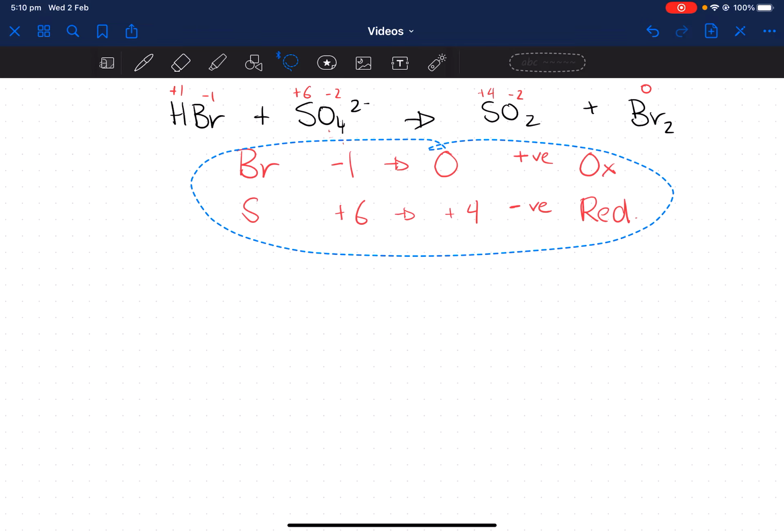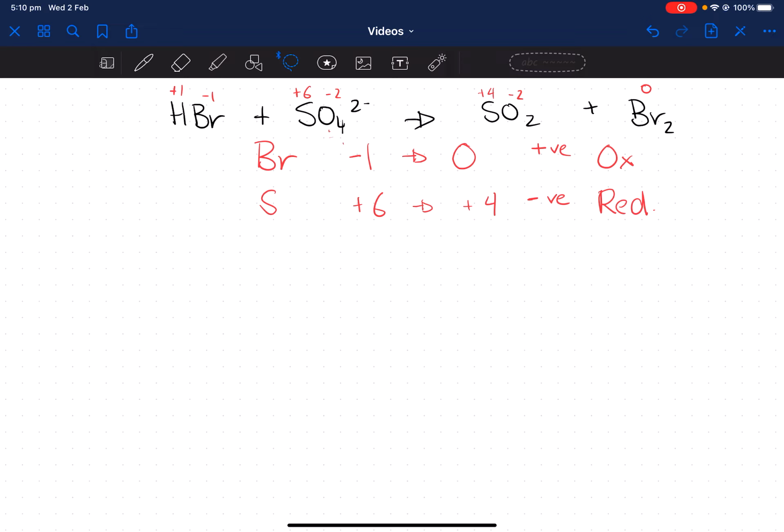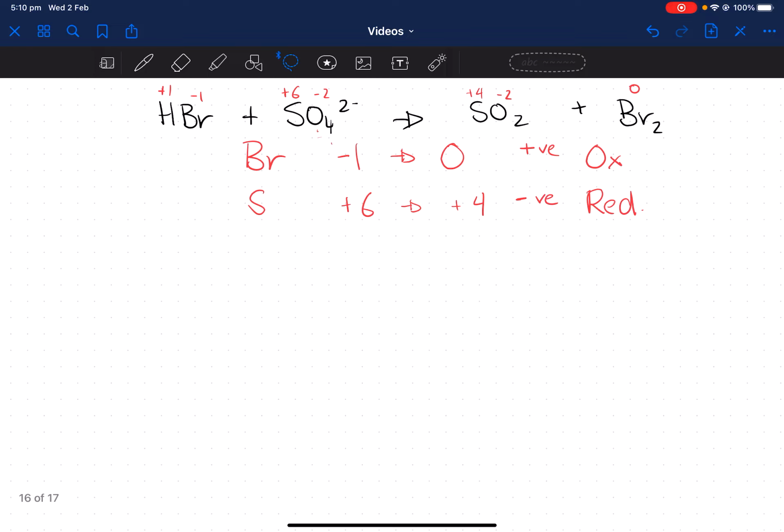That is the information we need to know to be able to start this reaction. So we know that we need to be specifically looking at the bromine and the sulfur. So what we're going to do is we're going to look at each of those parts separately. Half reactions, half of the reaction. So firstly, we'll look at our oxidation reaction. So on the left-hand side, we've got HBr, and that will go to form